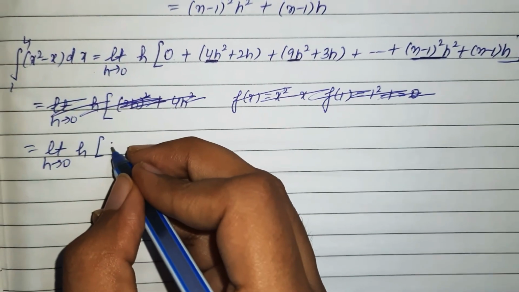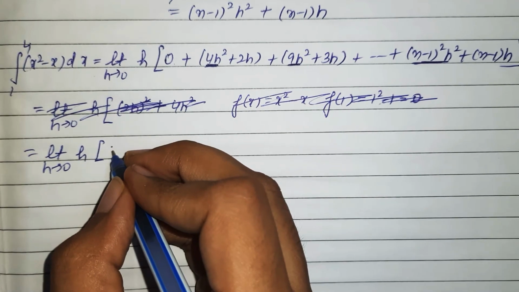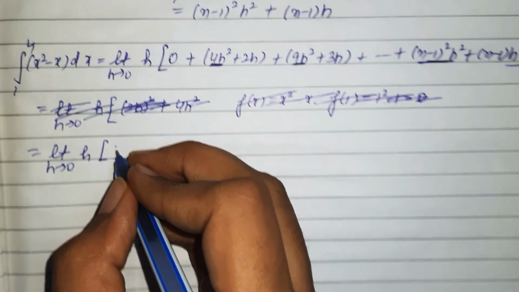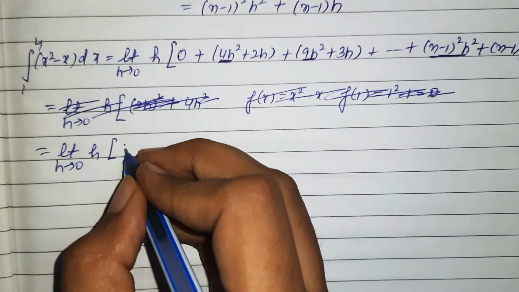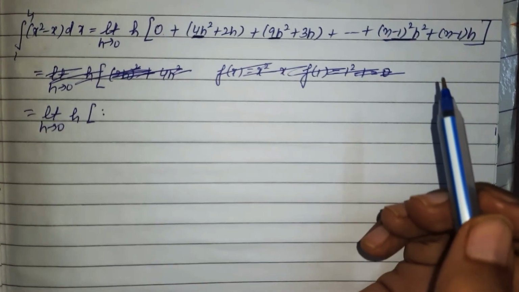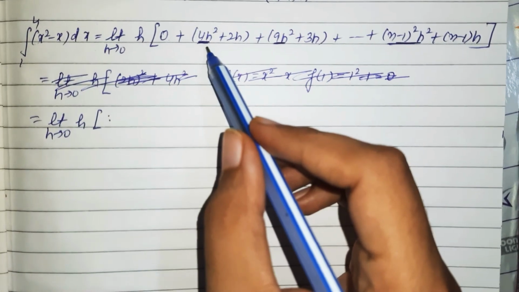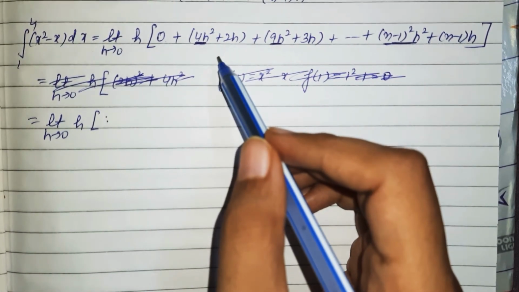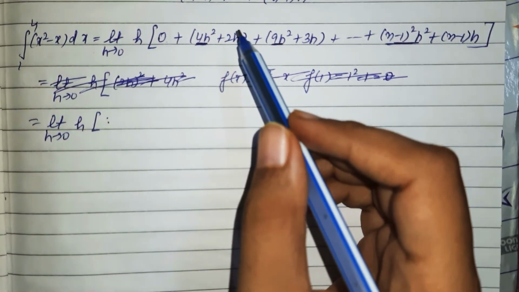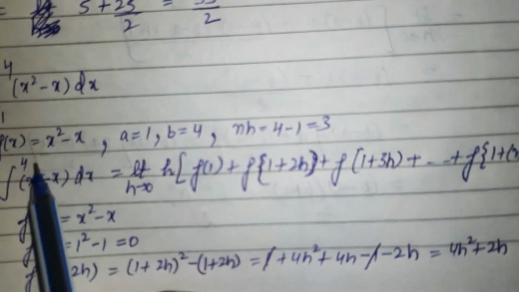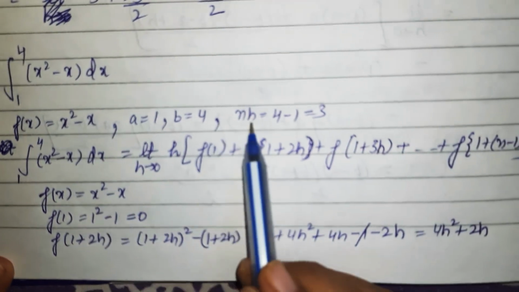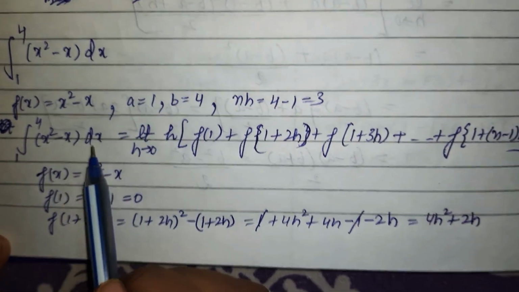Okay. If I want to write, I am getting something is missing. Now what I need to do basically, why I am getting 4h square, because first term should be 1 square minus 1. Let me check the question again. Come back to the question again. Integral 1 to 4 x square minus x, then this is perfectly correct. Then x square minus x dx.